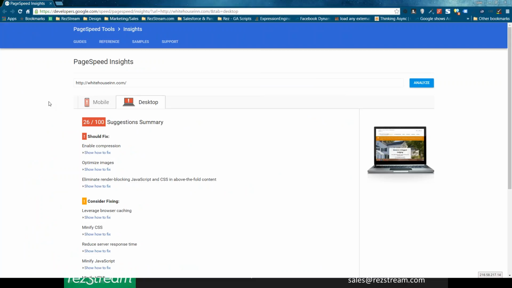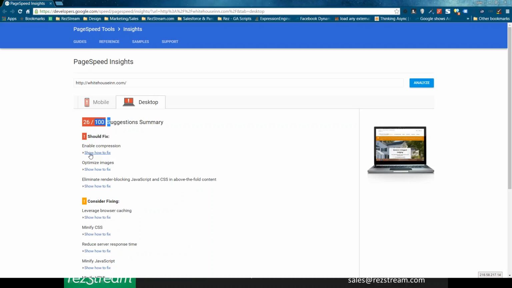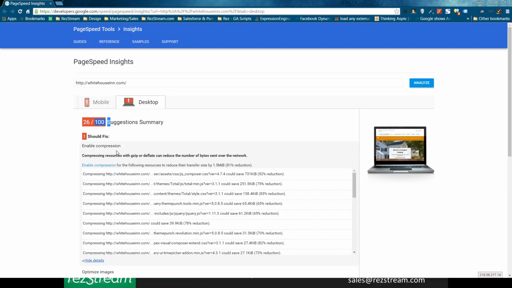This particular website did not pass the Google speed test. For desktop, it's at 26 out of 100. For mobile, it is at 25 out of 100. What's nice about Google is it will let you know exactly what you need to fix and how you need